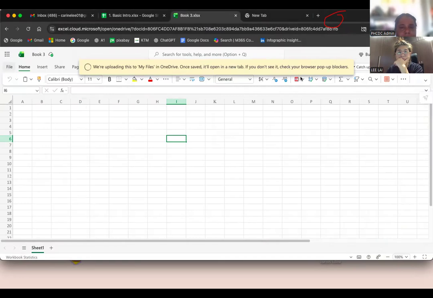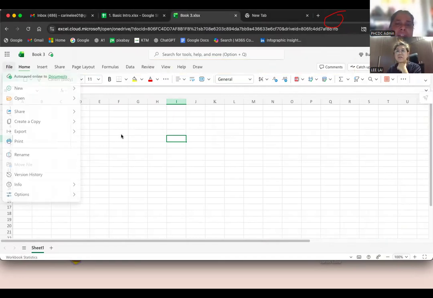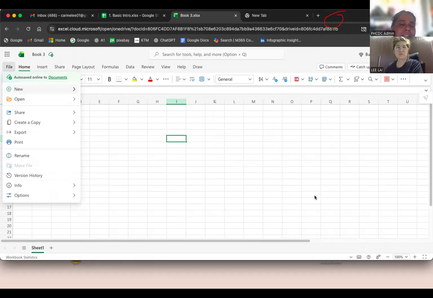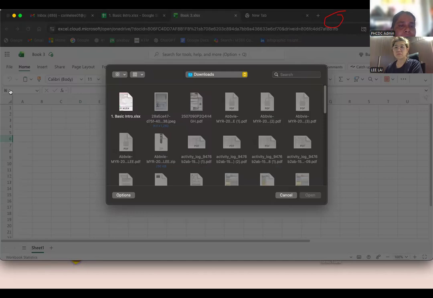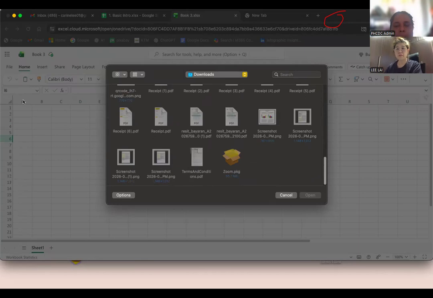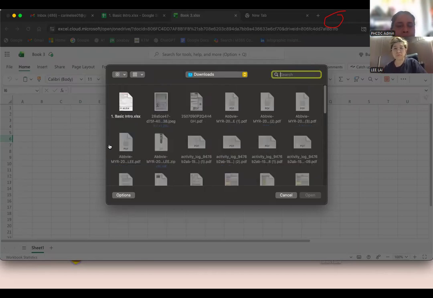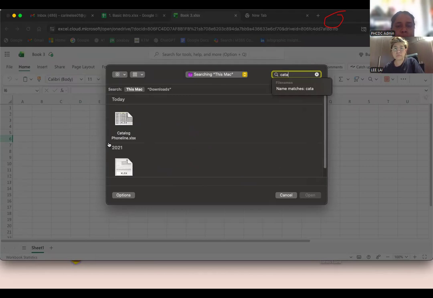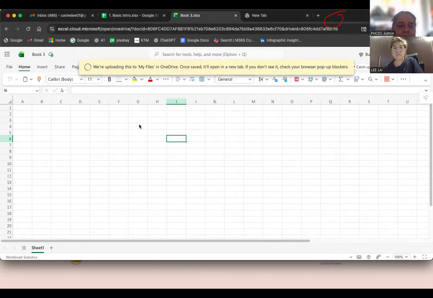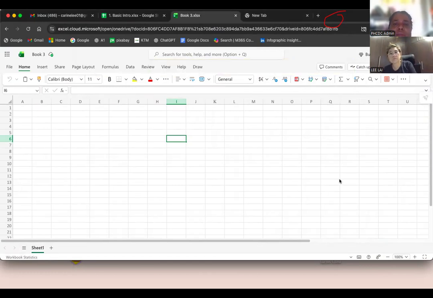Okay, wait. We are uploading this my files. There's no message. Yes, I want to see the message. Maybe sometimes it will be asked the file should be OneDrive. Just type catalog. Yeah, so many times. Phone line Excel. Okay, Upload. Okay, once saved, it will be open in a new tab. If you don't see it,